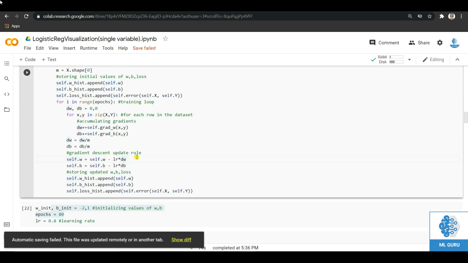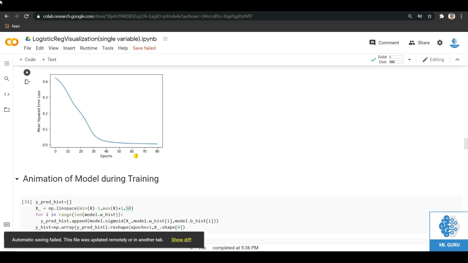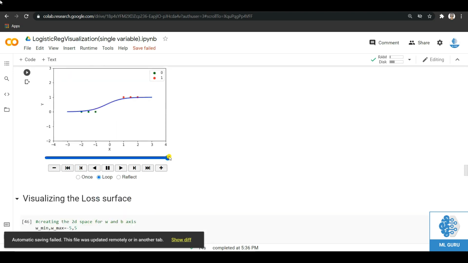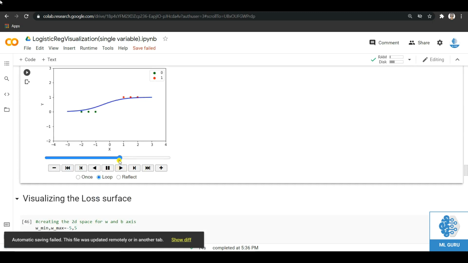So there will not be much visible update in it. That's why, as we can see in this plot also, when it is closer to the convergence, its speed becomes slow. As you can see, during these last epochs, the model is not updating that much because it has already converged.